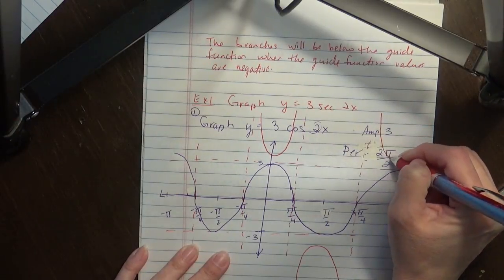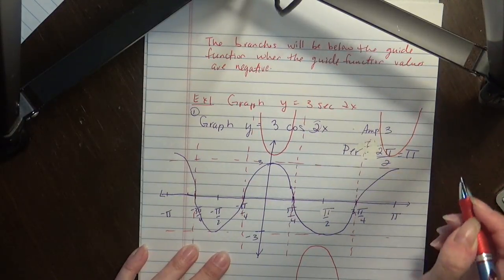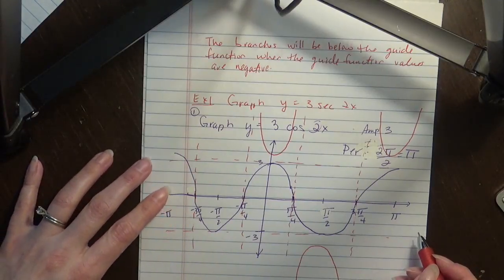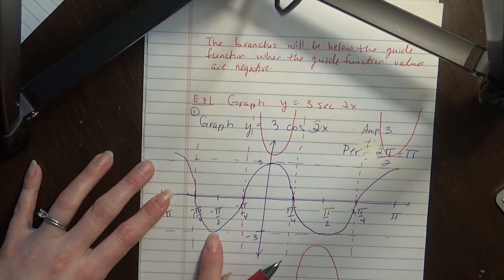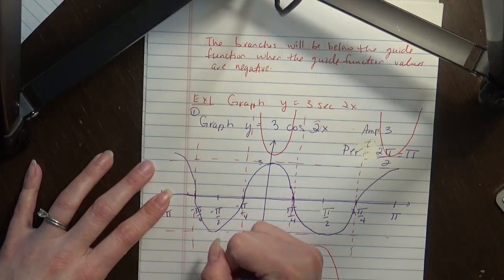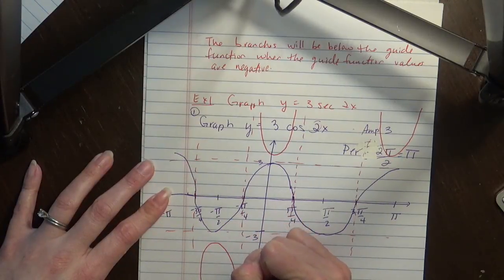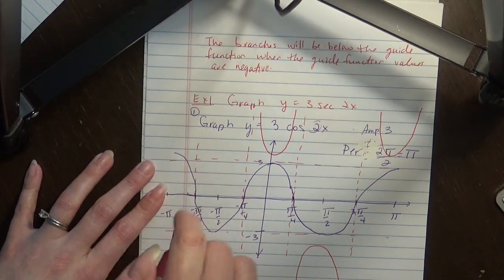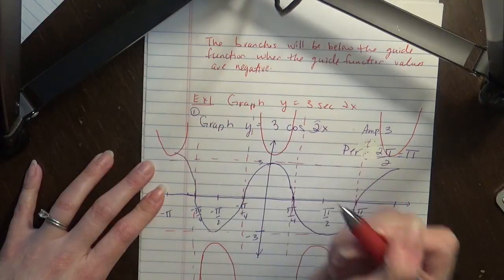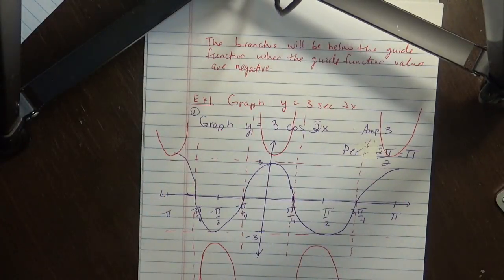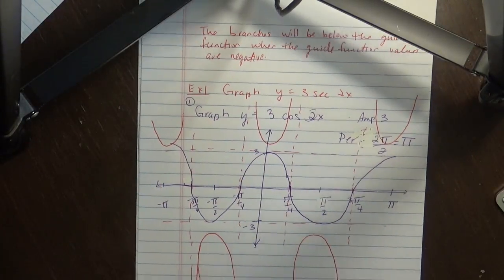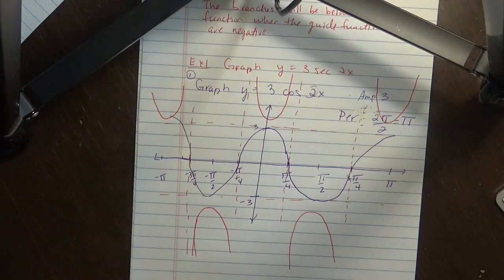And just be careful that it doesn't dip into the original cosine. Back here, the cosine function is taking on negative values. So secant is going to be under the function this time. Back here, where it dips back up, it's going to look like this. Okay, so it did kind of run together, but that is how we'll graph our